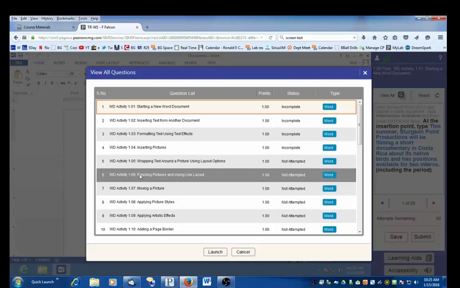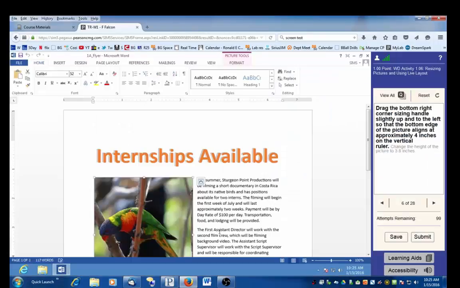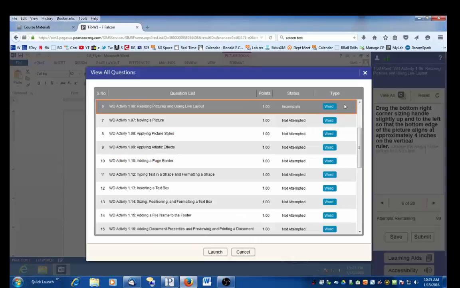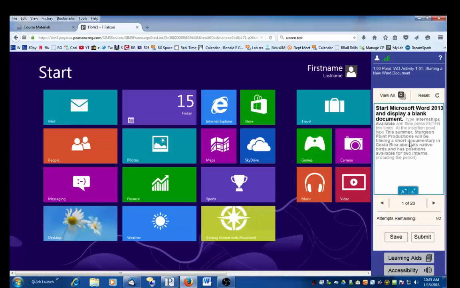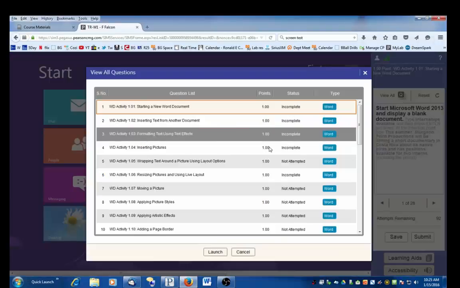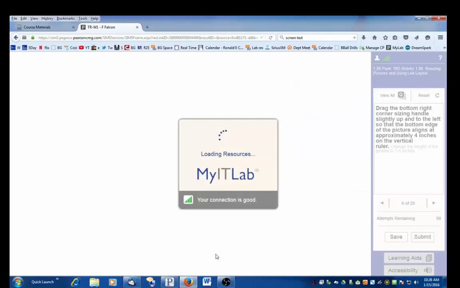let me go to resize the picture, and I'm going to launch that. The problem is, if I do that and then decide, well, let me go back and finish that question number 1 and launch it, I will have to start back at the beginning. Okay, so I want to make sure I finish a question to its fruition before I go on to the next one. So I'm going to go back to this one again, resize, launch it,